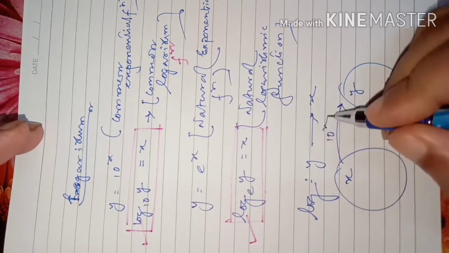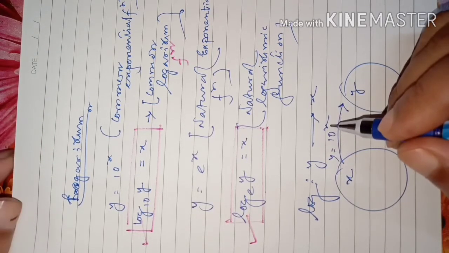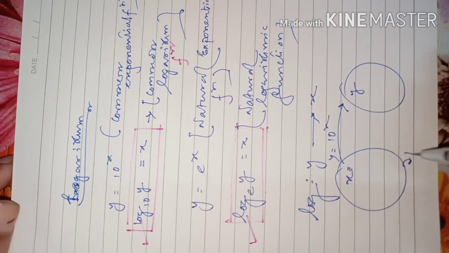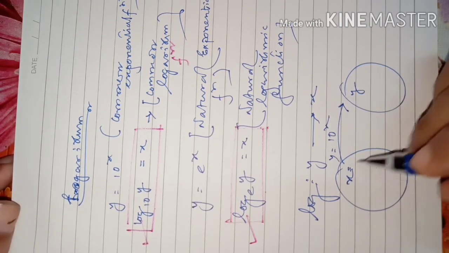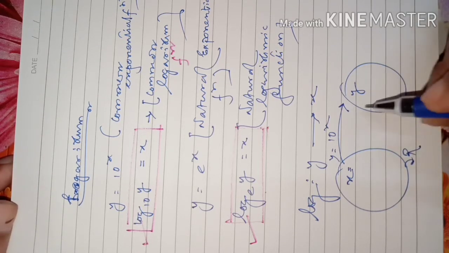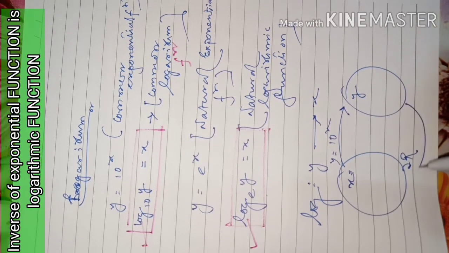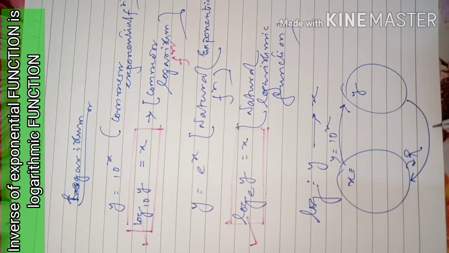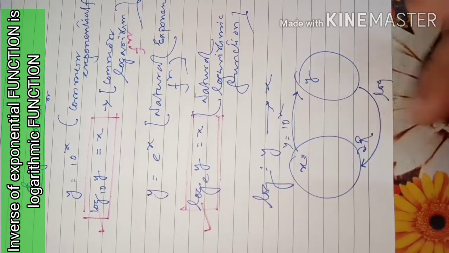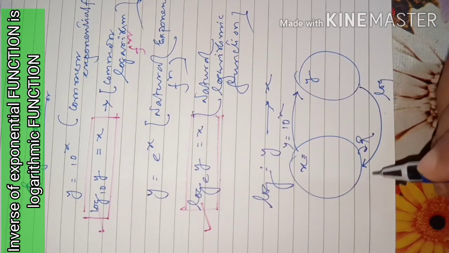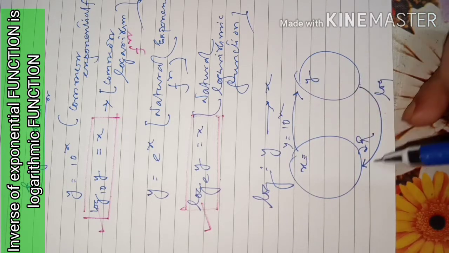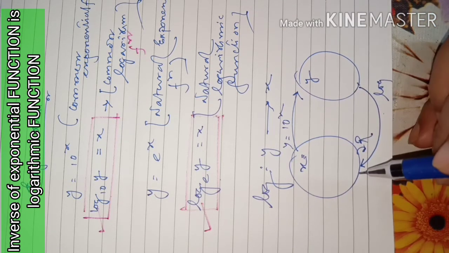So for y equal to 10 to the power of x, any value for x you choose from here is any real number, the set of real numbers. For all real numbers, this is possible, and we can get these values. Then from these real numbers to real numbers, another function you can define. That function will be called the log function, the inverse function. If it is an exponential function, then the inverse function is called the log function.